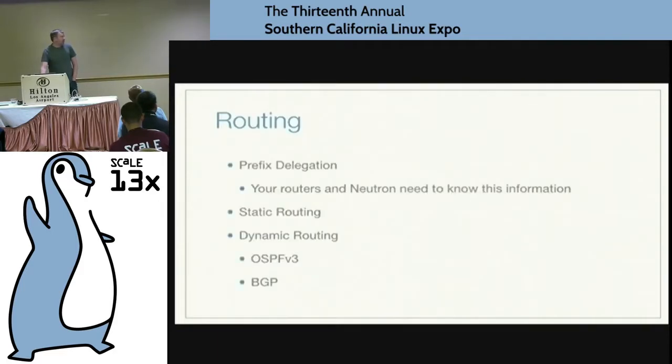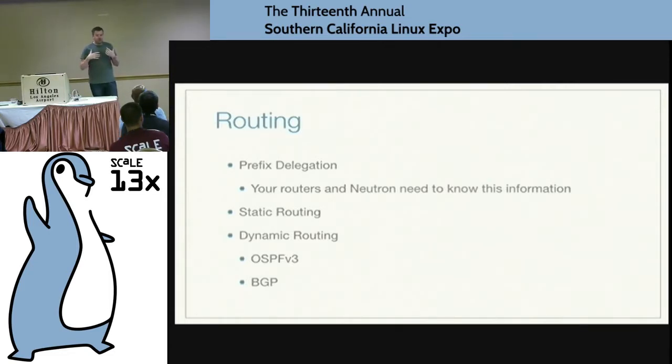One of the challenges with routing is prefix delegation. There's a little bit of work to use the prefix delegation extension. This is kind of like how your home router gets its v6 address. It contacts the cable company or phone company and says, delegate me a block. A /64 is given to you, and upstream it's all set up to route and make sure that your next hop understands how to forward traffic back to you.